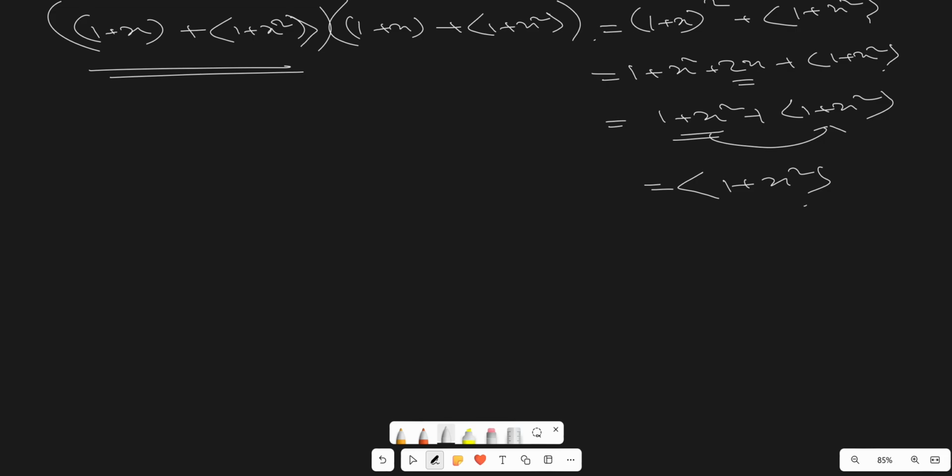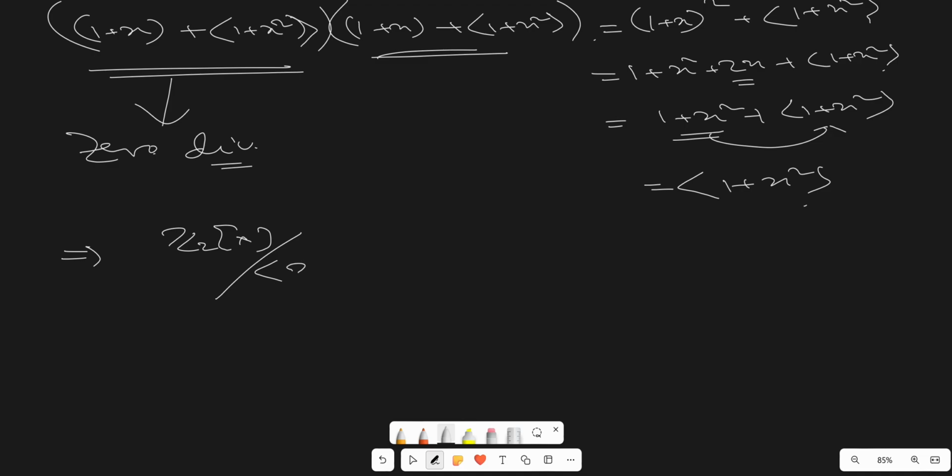So these two are non-zero elements, because 1 plus x square, 1 plus x is not in the ideal generated by 1 plus x square. So this is a zero divisor, so it cannot be a field because it has a zero divisor. Okay, so this implies that this Z2[x] by the ideal generated by 1 plus x square